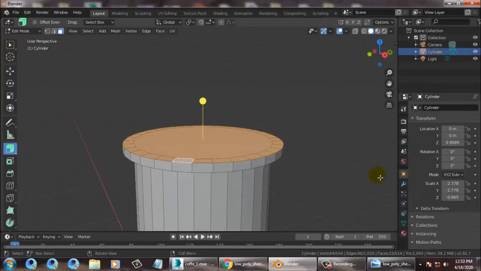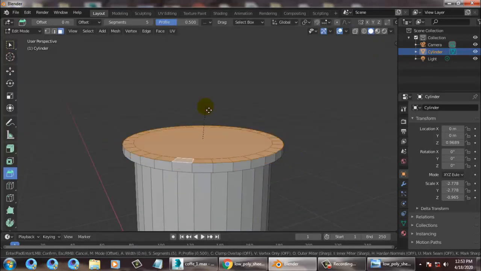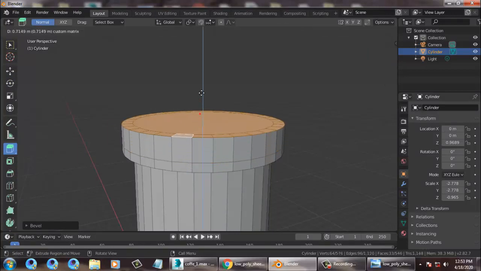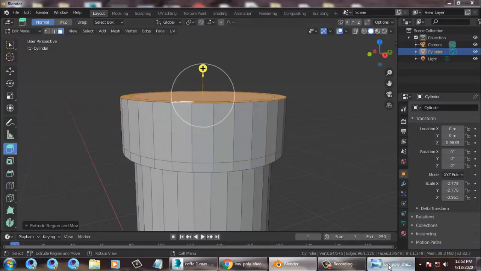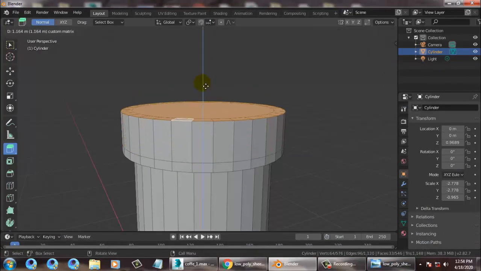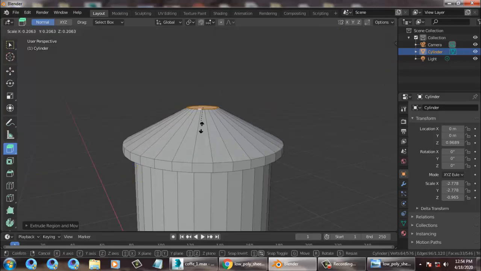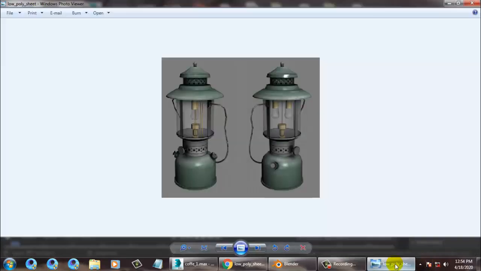So now what I can do here is, I can use a bit of bevel, or else I don't want to use a bevel, sorry, I'll use an extrude over here. I'll just push it to the top, and I'll push it till here, and I'll scale this stuff till here. That's much better.